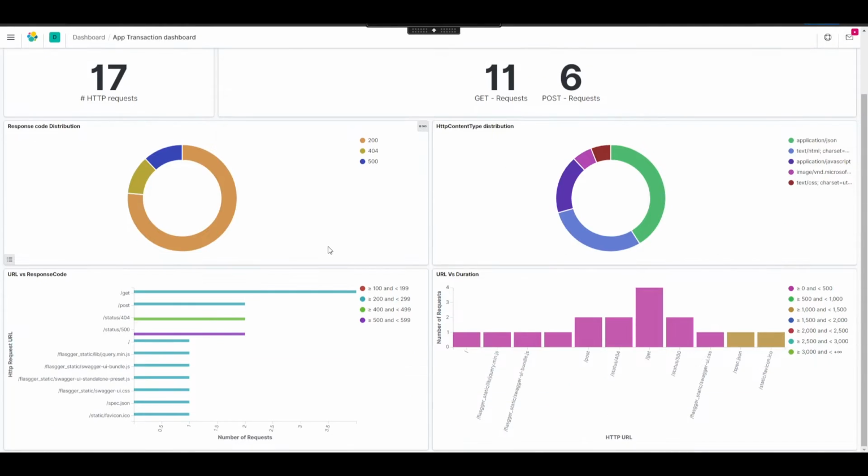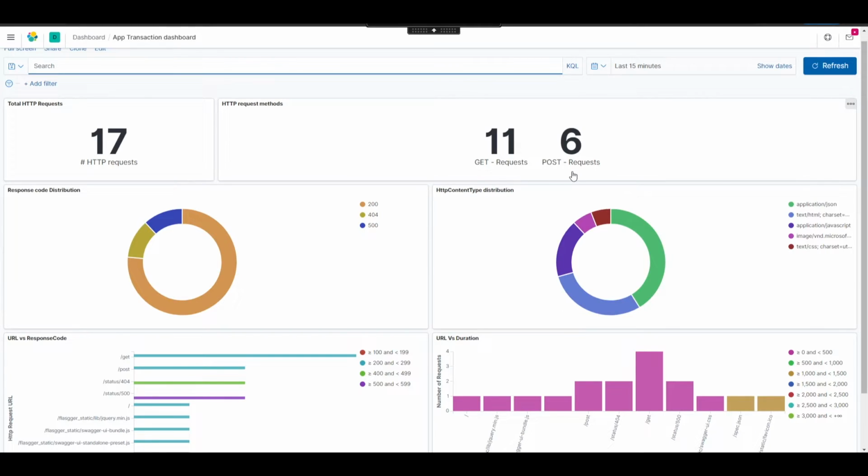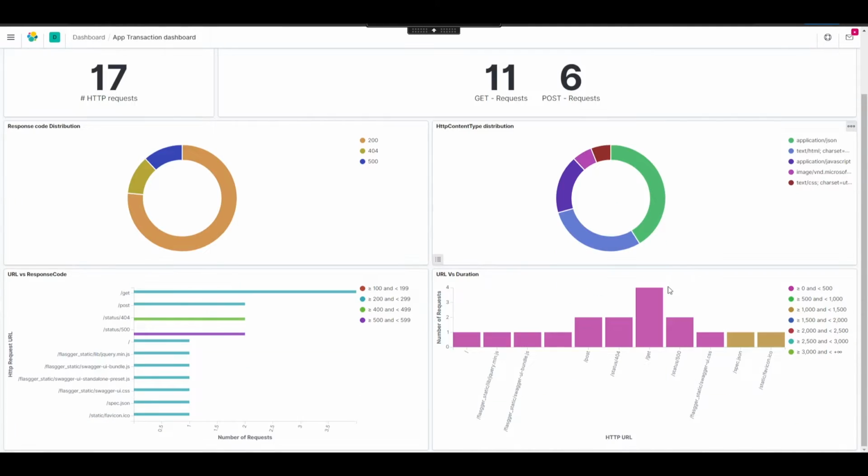So we had sent some 11 GET requests, 6 POST requests, and the response codes we had 200, 404, 500, and all the application content type, say text / CSS, application JSON, and so on. Not only that, we also have the URL information, which says the top URLs with a particular response code, which is 200 to 299.